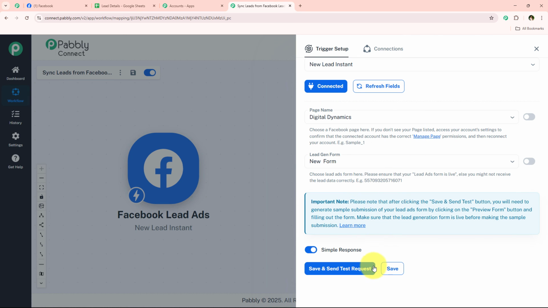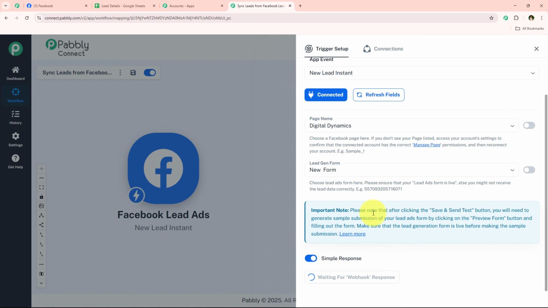Alright, after doing this, I'm just going to simply click on this button which says save and send test request. And once I click on this save and send test request, in the important notes it is saying you will need to generate a sample submission of your lead ads from clicking on the preview form button and filling out the form. Alright, so what we have to do is we first have to do the sample submission